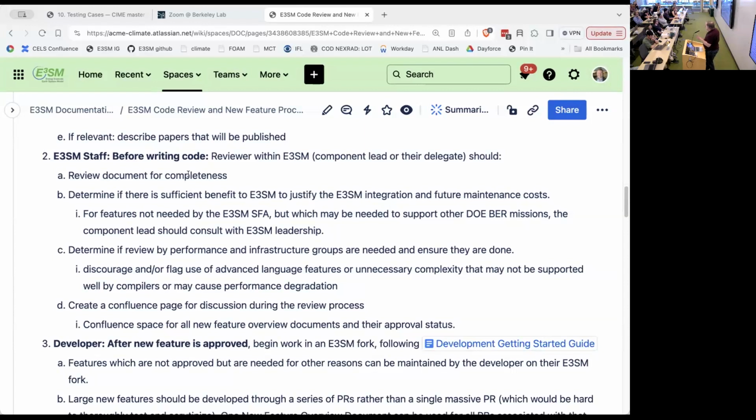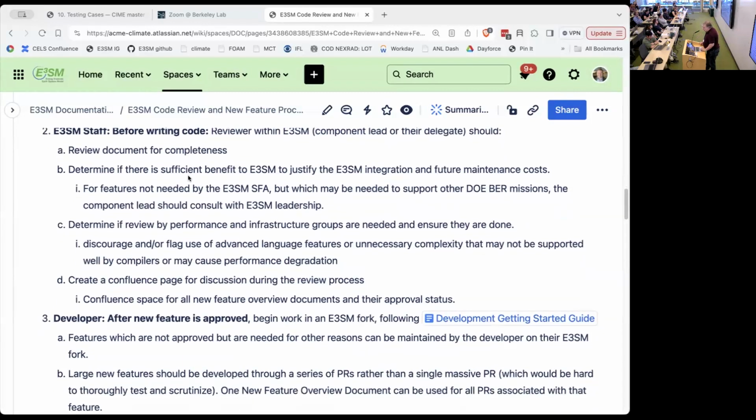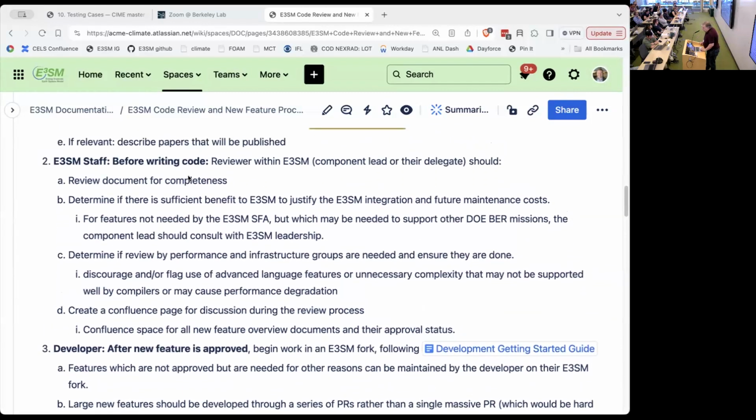And then some staff will start reviewing this proposed feature change. And remember, ideally this is before any code gets written, so that you're not possibly wasting your time. Depending on what component this feature is targeting, it might be targeting more than one, component leads will huddle together and figure out: does this work for where we see the model going? And there may be some back and forth communication with the proposer of the feature.